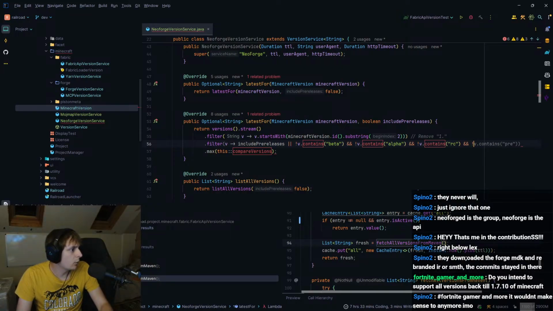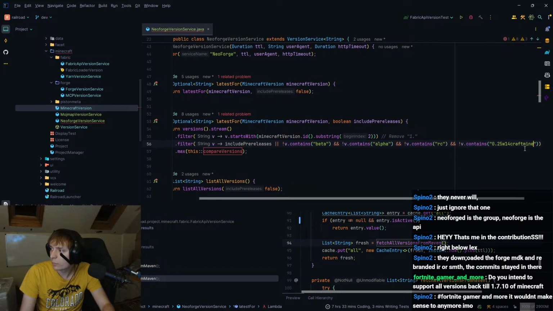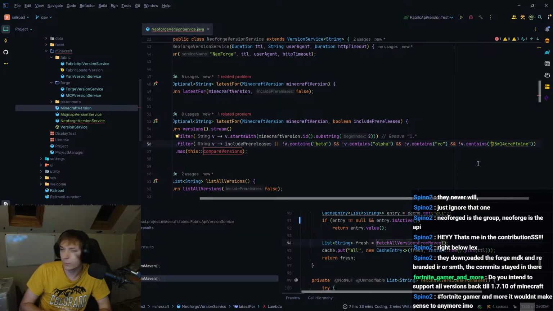Looking for... three is probably fine, actually, but do 25w14craftmine. That way we know that's a pre-release.